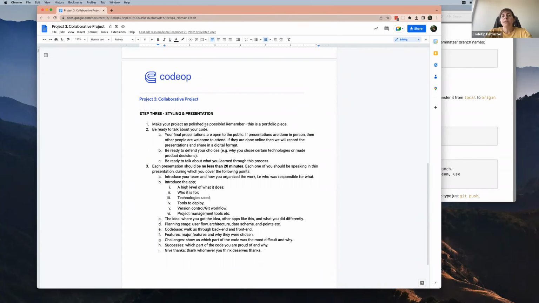And then for the presentation, we can come back to this section when the presentations are due on the last week. They will be a bit longer. So now we will have more than 20 minutes. It says actually no less than 20 minutes. So it should be an extended presentation with explaining